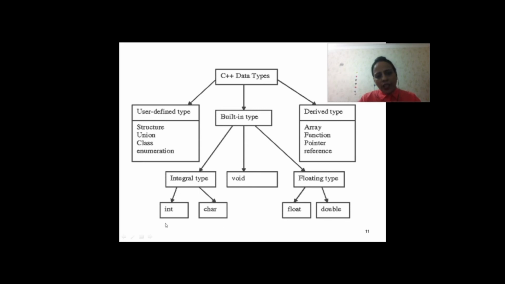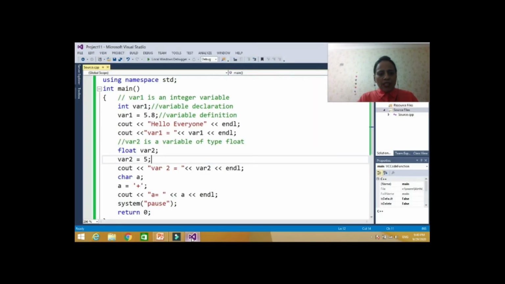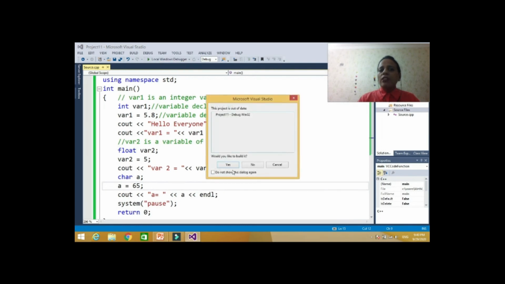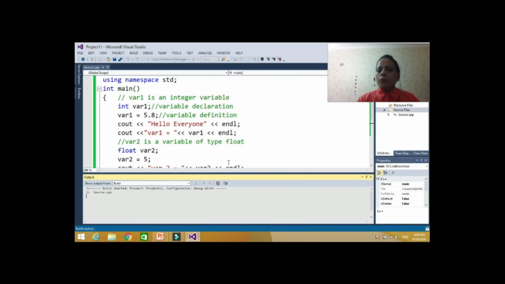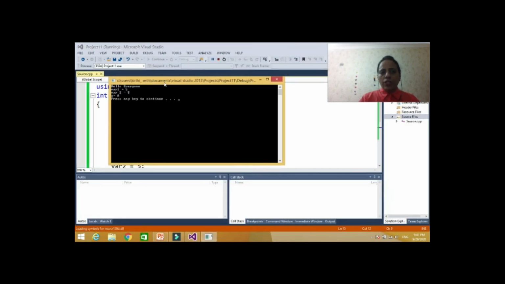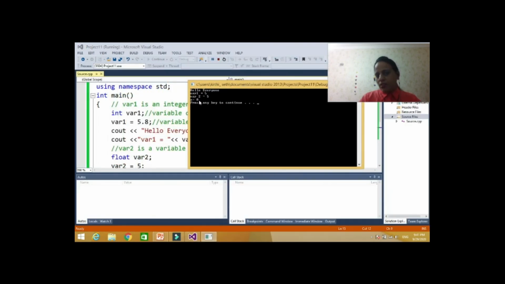That's why character and integer are part of the integral data type. So what happens if I say that a is equal to some integer value 65? This is possible. We can say a is equal to 65, but because we declared a as a character, when we want to print a, it will give us the character equivalent to integer number 65, that is A.